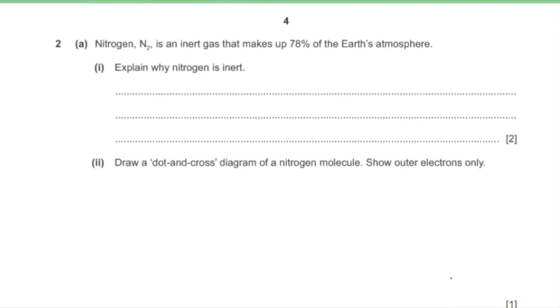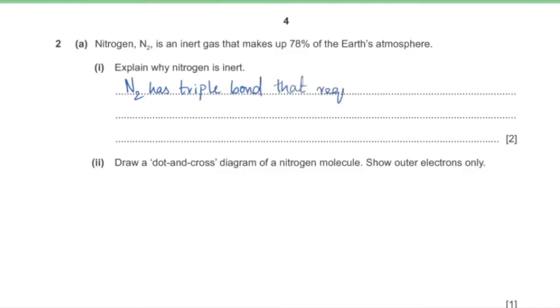Question number 2. Nitrogen is an inert gas that makes up 78% of the Earth's atmosphere. Explain why nitrogen is inert. So inert is any gas that doesn't react, and nitrogen has this property of being unreactive due to its strong triple bonding that makes it super strong, and it requires a lot of energy to break those bonds. So nitrogen has a triple bond